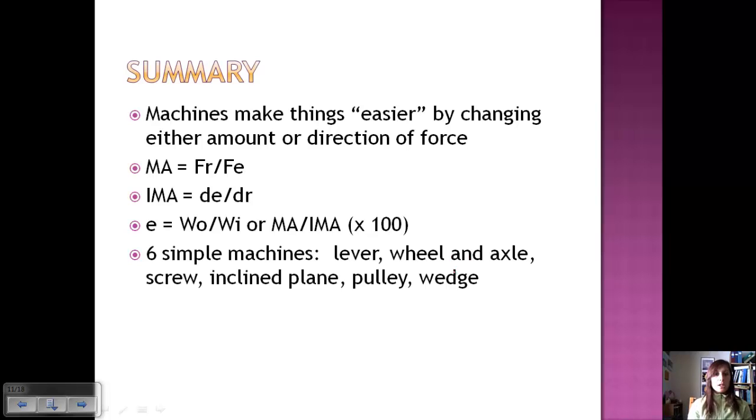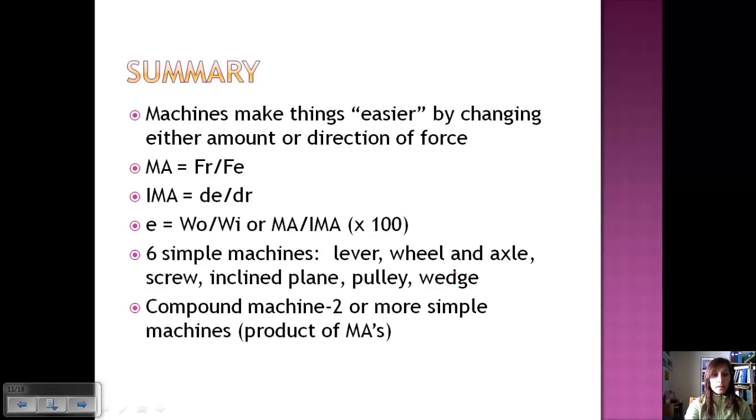We've got 6 simple machines: the lever, wheel and axle, screw, inclined plane, pulley, and wedge. And if we put two or more together, we make a compound machine. And to find the mechanical advantage of the compound machine, it's the product of all the mechanical advantages of the simple machines. Okay, these are the practice